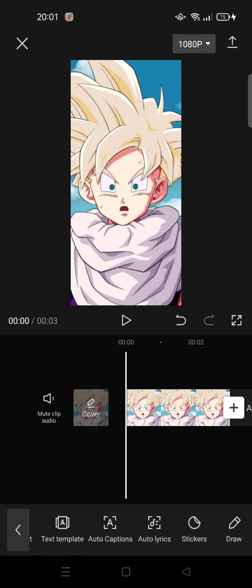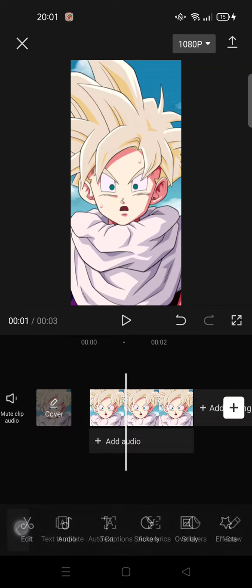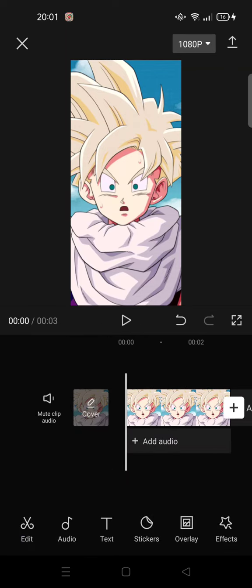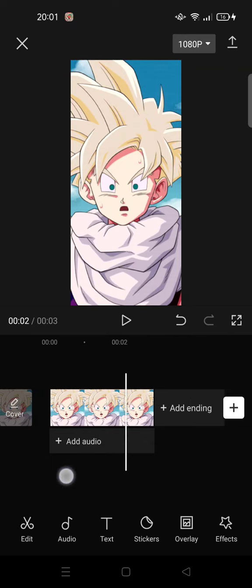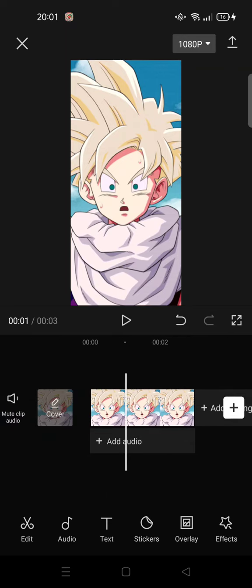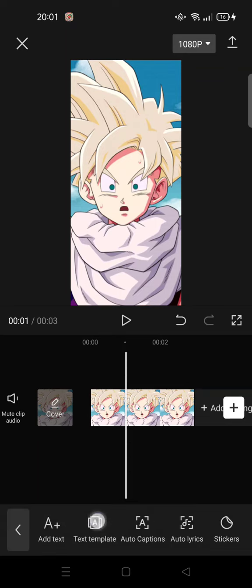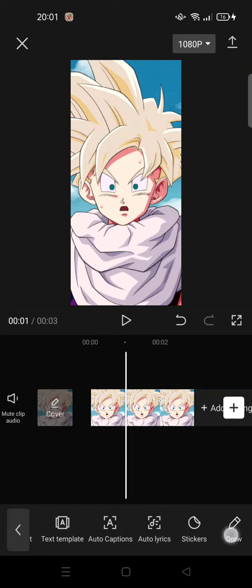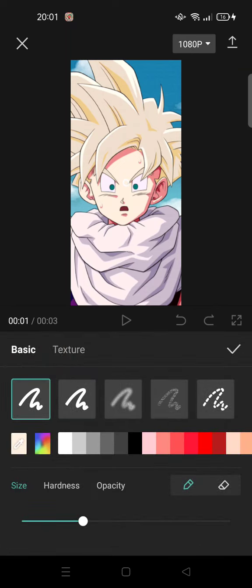On today's video, I'm gonna show you how to make a blurry face trend tutorial in CapCut. So here, I've already added CapCut and I've already added a photo. So if you want to make the blurry face trend, you can just go to text and find draw. This one's right here. Just click on the draw and here, click on the color picker and drag